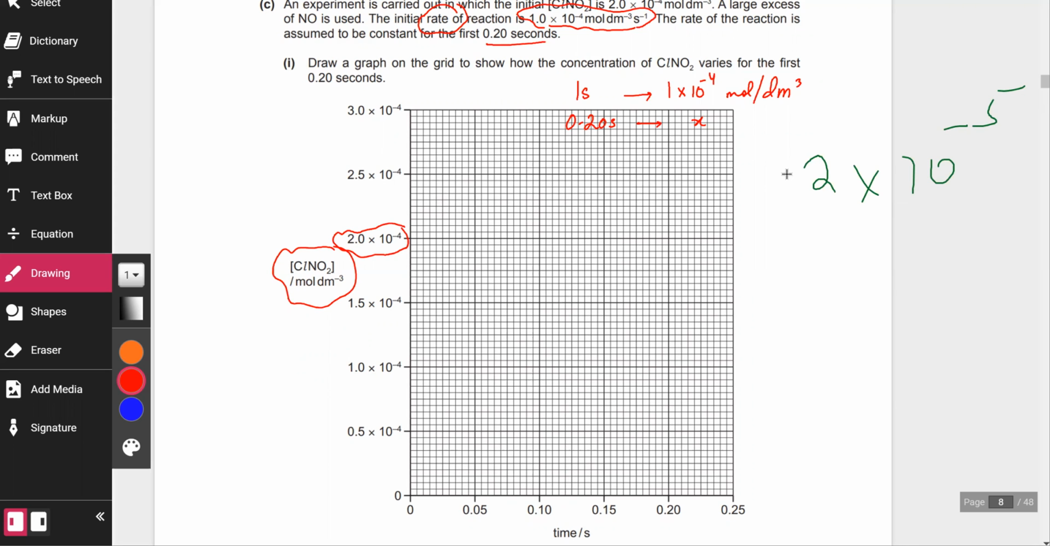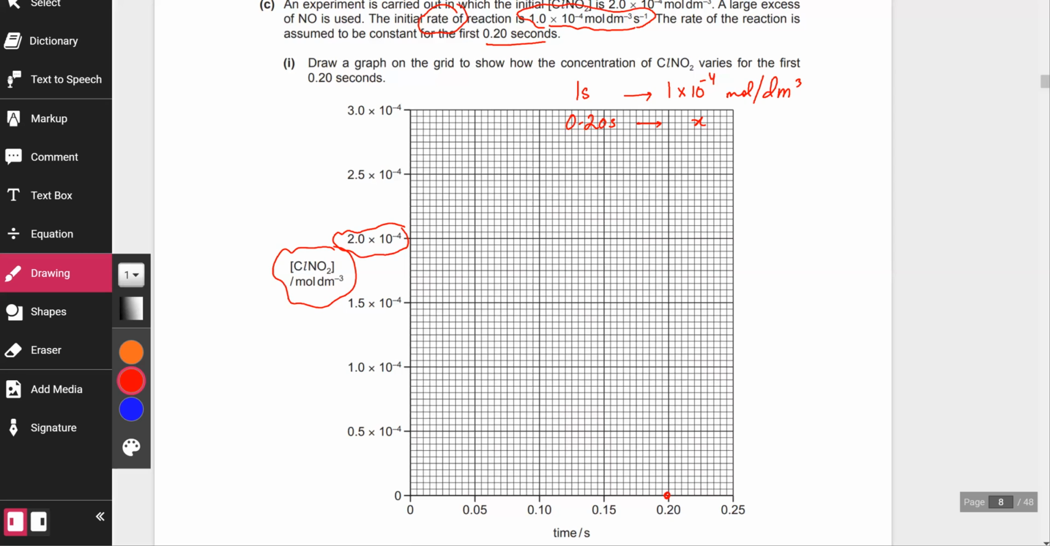Okay, 2 times 10 power minus 5, or we can say, let me just confirm this. Okay, so it's 2 times, no, actually, I've made a mistake again in my calculation. Okay, it is 2 times 10 power minus 5. So that means